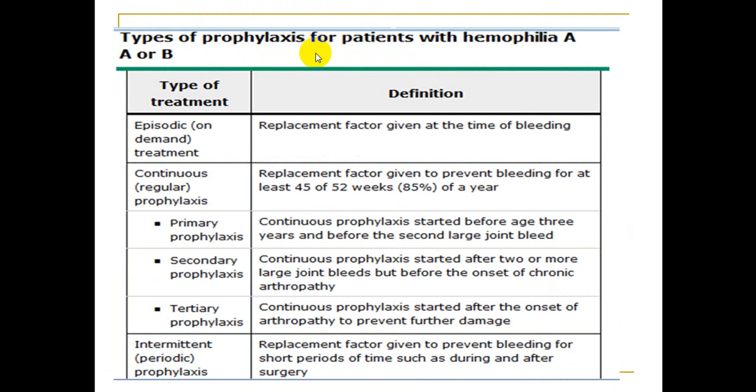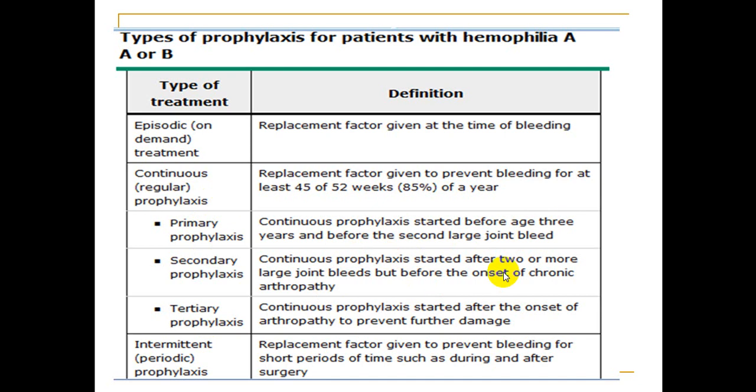We hear about prophylaxis for hemophilia A or B. Prophylaxis: we have episodic on-demand treatment, a type of treatment for hemophilia, replacement with factor at the time of bleeding. Continuous regular prophylaxis: we have primary, secondary, tertiary. Primary continuous prophylaxis starts before age 3 years and before the second large joint bleed, so this is called primary. Secondary